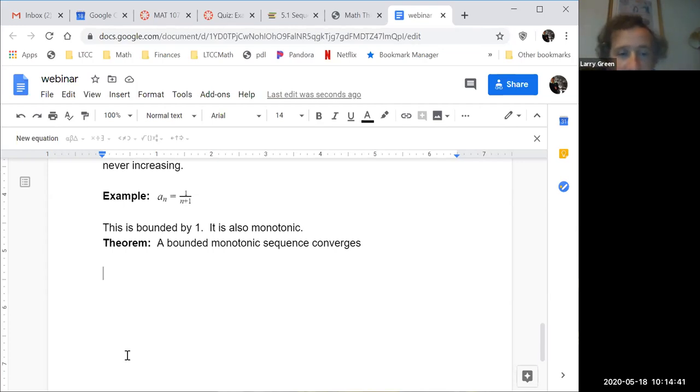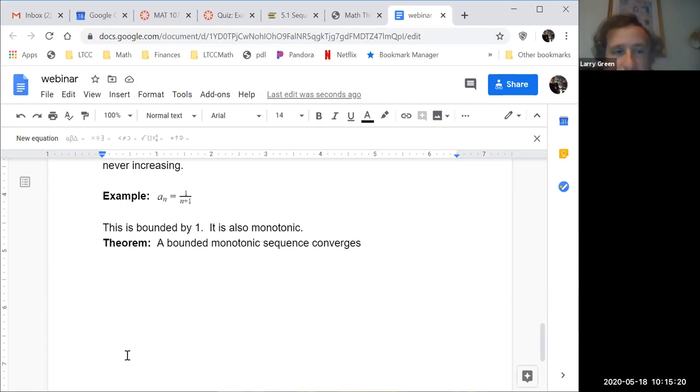and it always goes in the same direction, it can't jump up and down erratically because it never goes up and down. And it can't go up forever and keep going up really high. It's got to eventually stop going up much or stop going down much because we have that bound that keeps you from going up too much or down too much. So that's kind of the idea of the proof. The proof involves the full epsilon, epsilon N stuff, which I'm not going to do. Any questions on this theorem?